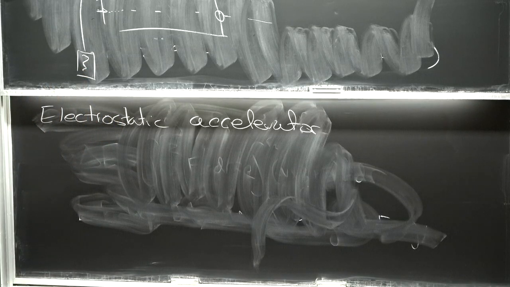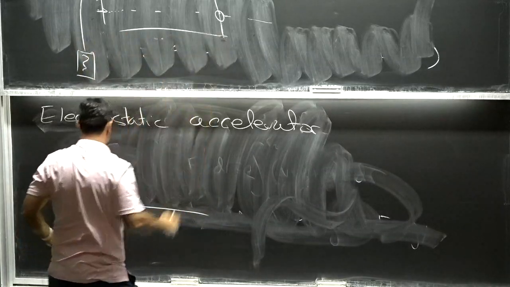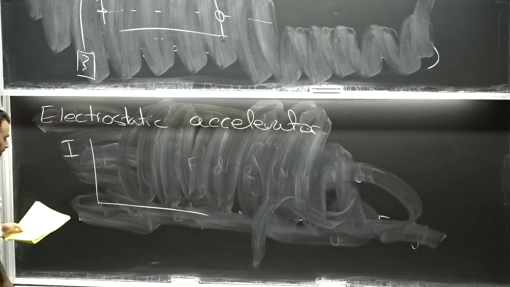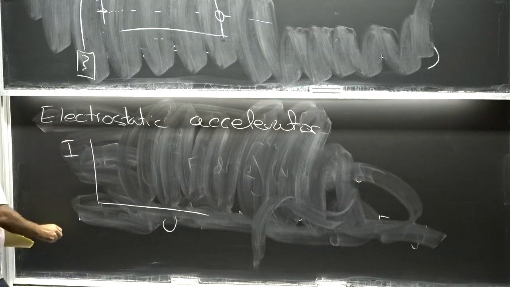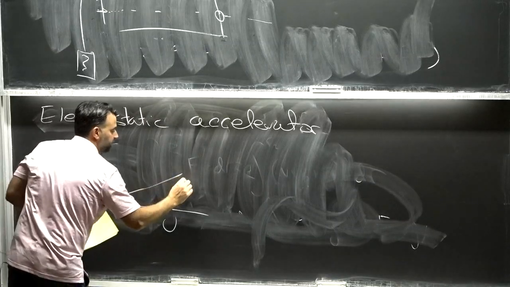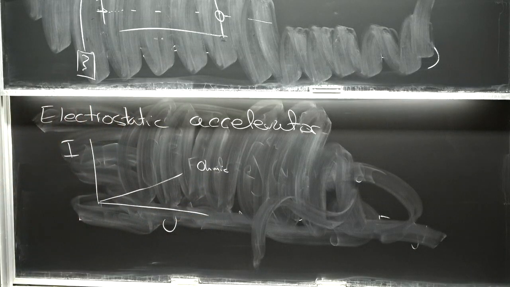So if we think about the current that goes through when I put a potential difference across my cathode to my anode, I'll have some current that's generated by the potential difference. So here's my potential versus my current. And so the fact that it's not an ideal resistor, an ideal insulator, means I'll have some ohmic part that'll always generate some current because I have a potential across it.